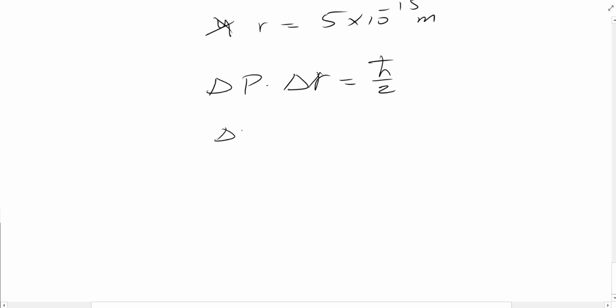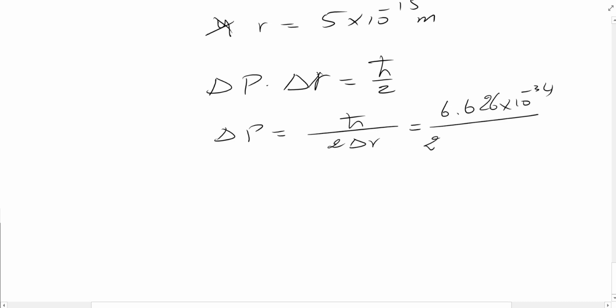From here we're going to find the minimum error that we're going to commit if we force the electron or the proton to exist inside the nucleus. For the proton there is no problem, but for the electron there will be a problem. We'll discover it soon. So 2 times delta R. Again, h bar is 6.626 times 10 to the negative 34 divided by, first of all, the 2 from the Heisenberg uncertainty times the 2 pi, because this is h bar, times 5 times 10 to the negative 15. If you plug this into a calculator,